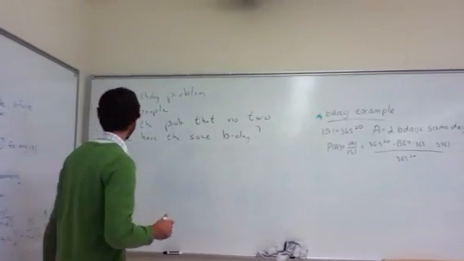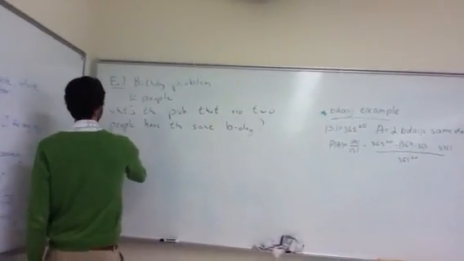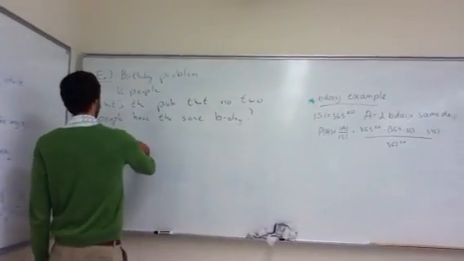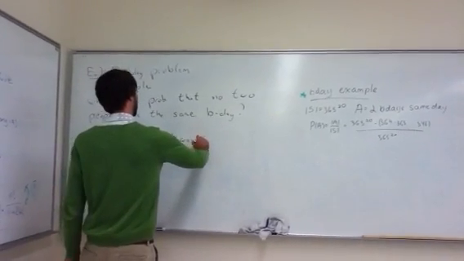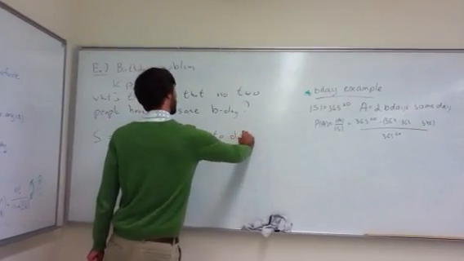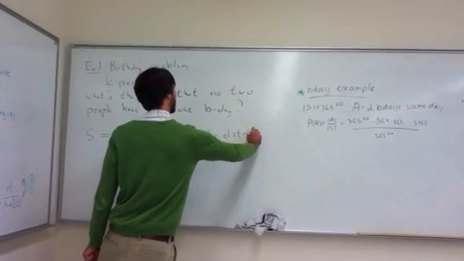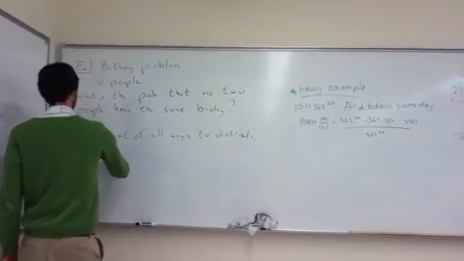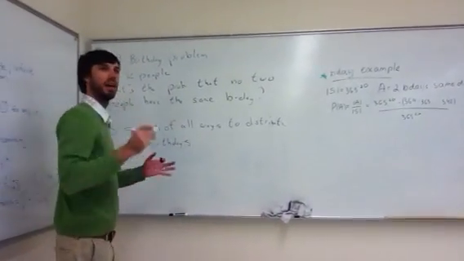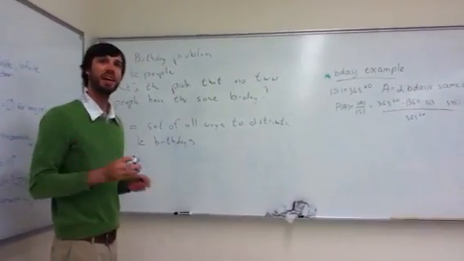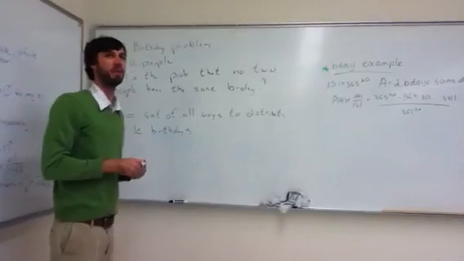Okay. So if we consider as our sample space here the set of all ways to distribute k birthdays, right? Not taking into account leap year,